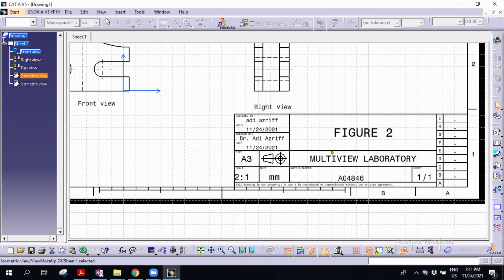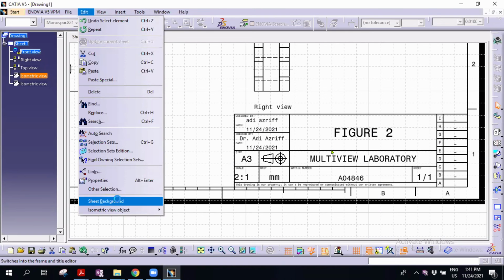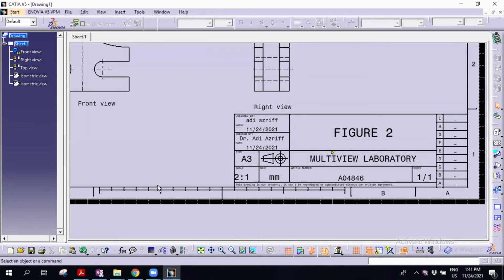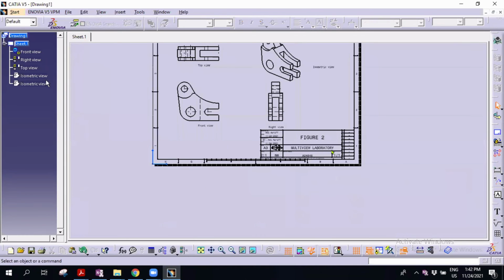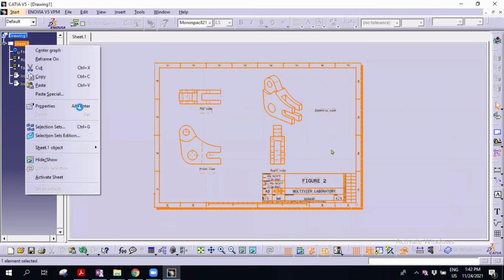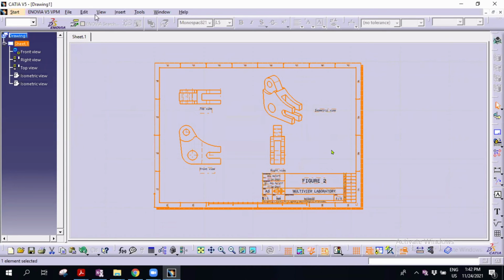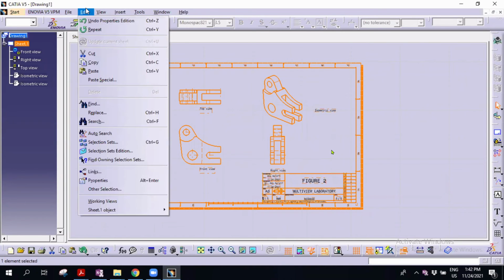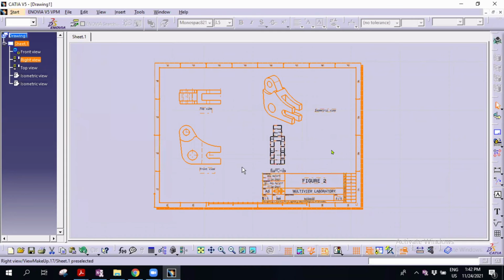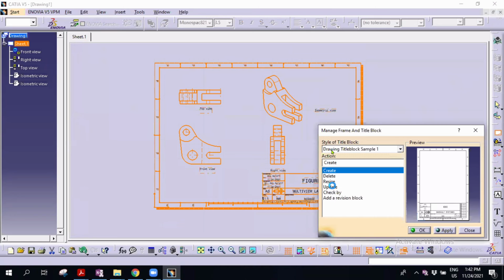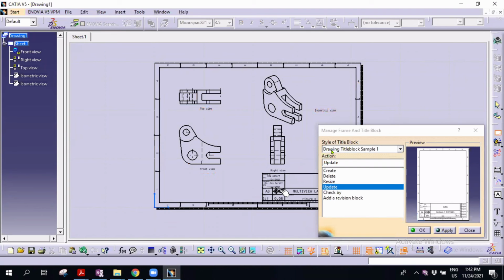So in order for you to change here, you need to go to view, edit, and go back to sheet background. Select this title block. It updates automatically because you already set the third angle projection in the working view.